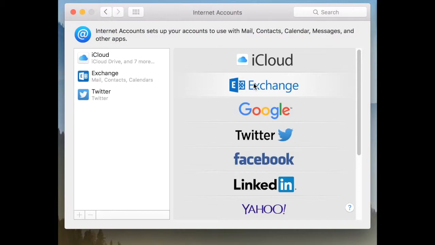This does not connect you to the Outlook app. So on your MacBook, you have two options for mail. You have your Outlook app, or you have the built-in Apple Mail app. If you use the internet accounts and do Exchange, that connects it to the Mail app, which is the stamp with the eagle. If you want to connect it to the Outlook app because you like the way Outlook works and you're used to that,